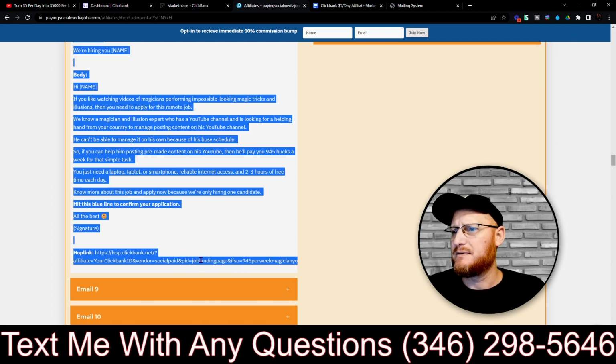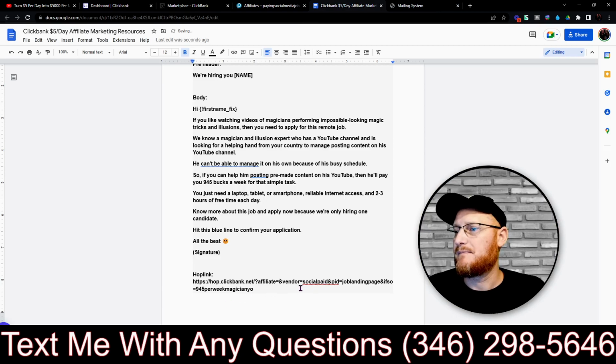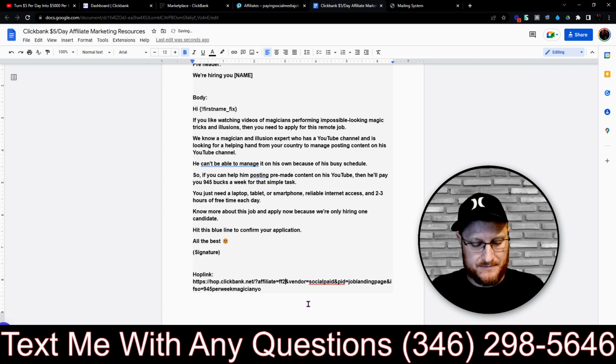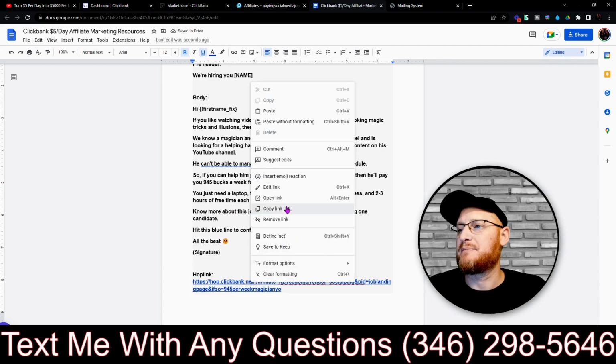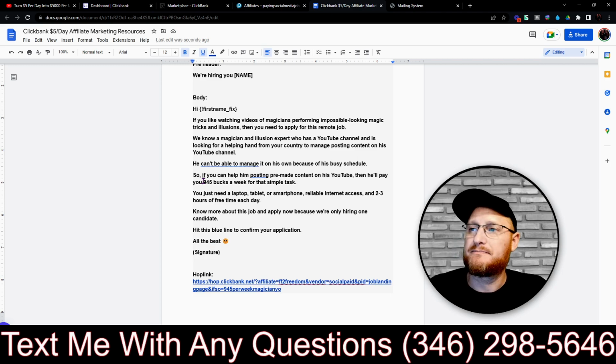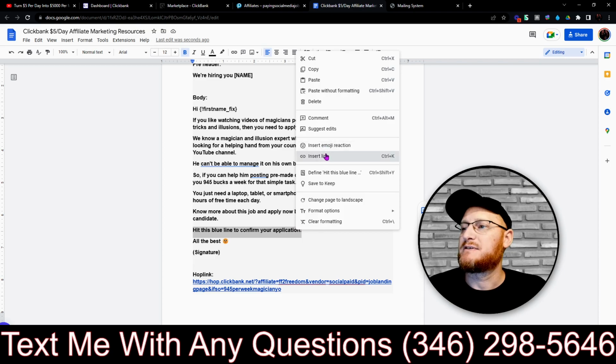Equal. Affiliate equal your Clickbank ID. Yep, that was right. Equal. Yes. There we go. Entered that. Insert the link. You don't have to probably do that. You could probably just copy the link URL like that, but I just do it. So hit this blue line to confirm your application. Let's insert the link there.